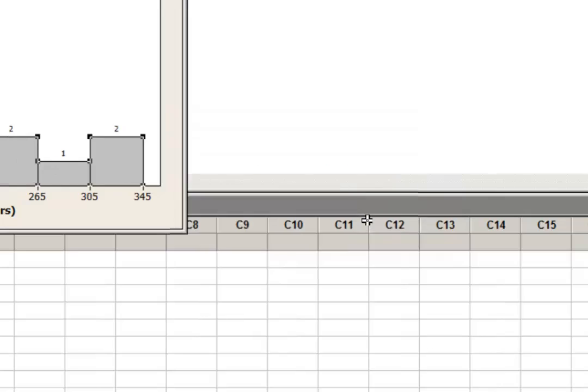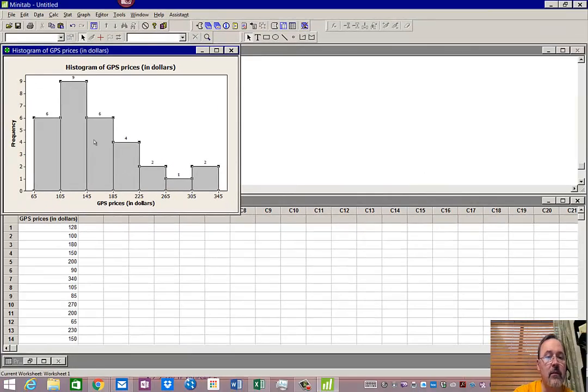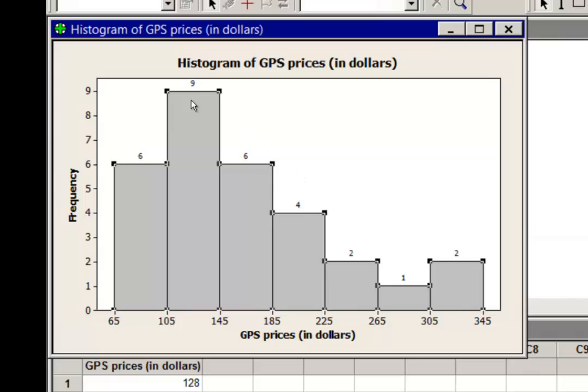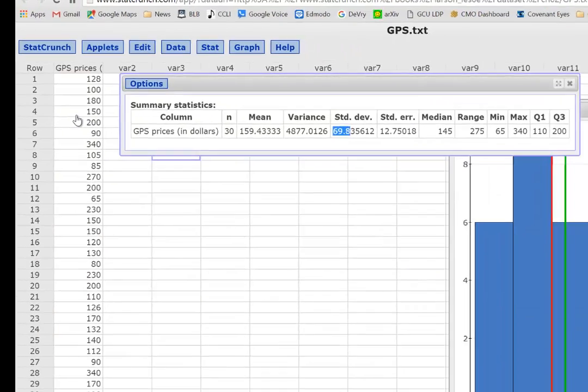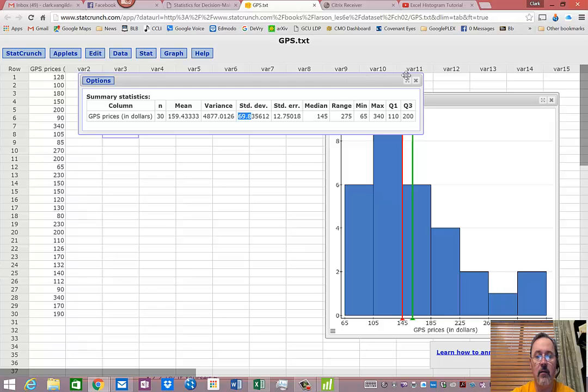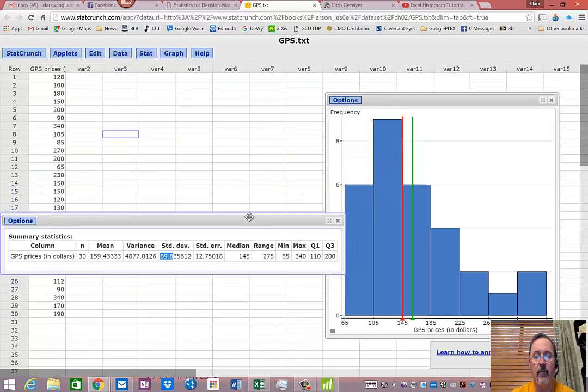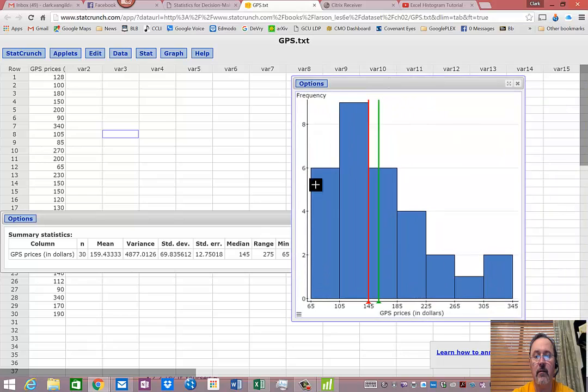Bins extended to encompass all data. And here we go, 6964212. Look at those frequencies. And let's bring up our thing here. So 6, 9,